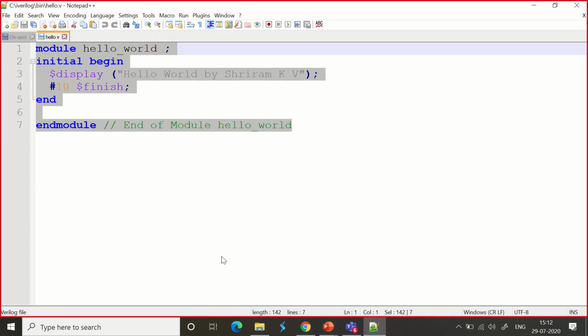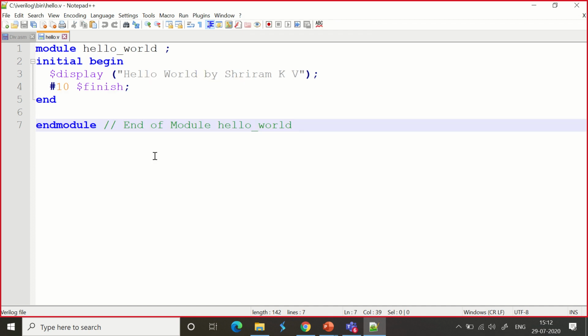Right, sir. Notepad plus plus. So there is something called Notepad plus plus. It is easy for us to use. You can just Google Notepad plus plus, sir. It will be available, or you can open it in Notepad also, no problem. Notepad plus plus will help me with appropriate indentation. It will be easy for me to do the indentation and all. So I prefer that, but otherwise you can use the previous one also.